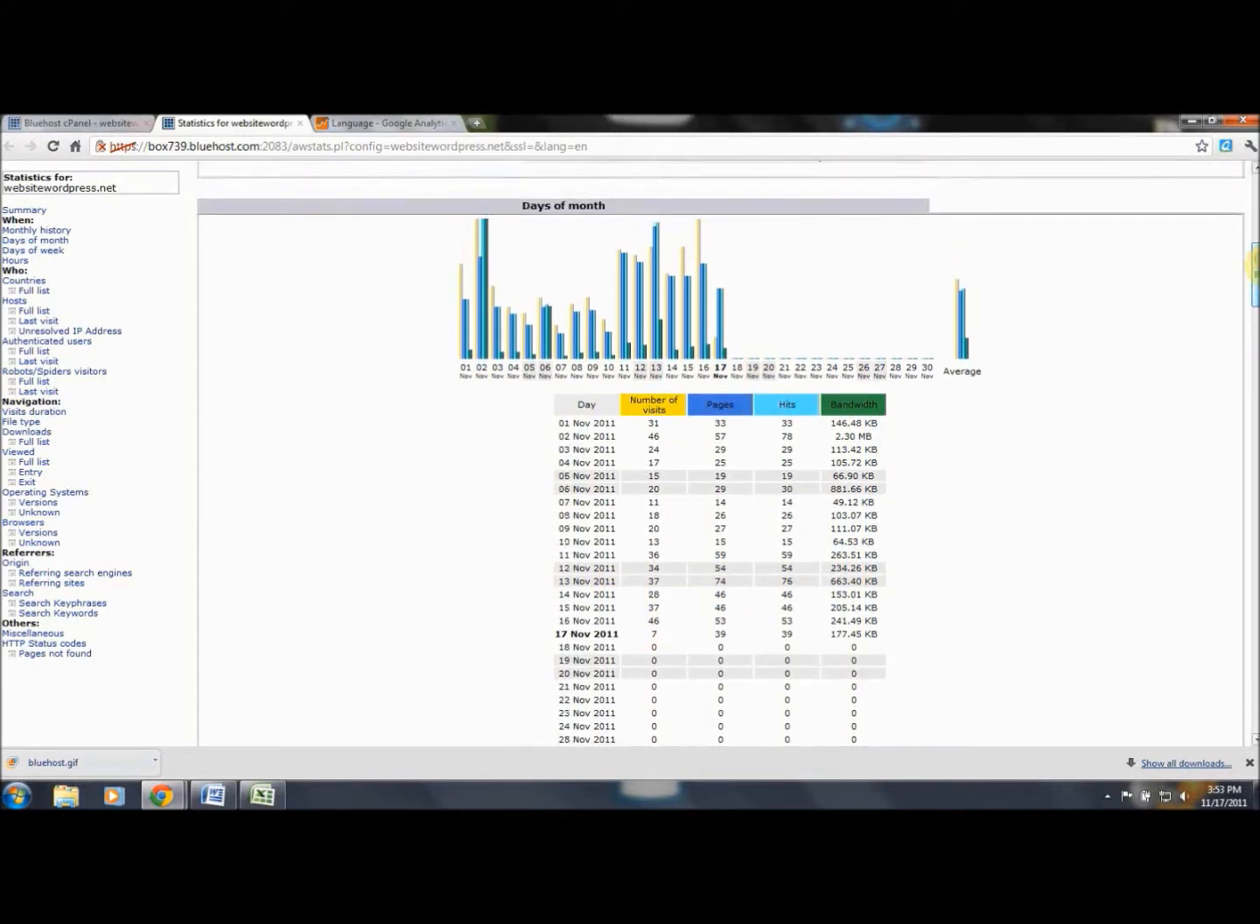And you can see the bars and graphs. I don't particularly care for bars and graphs personally. I like to see the numbers because they can show you which one is up and which one is down, but they're just a little too vague for me. So this is the days of the month, right here you can monitor just where the traffic